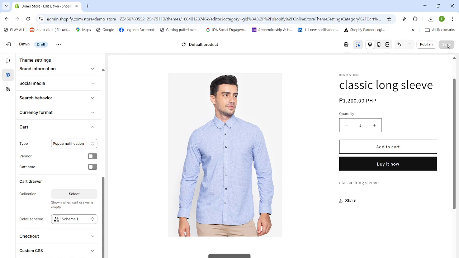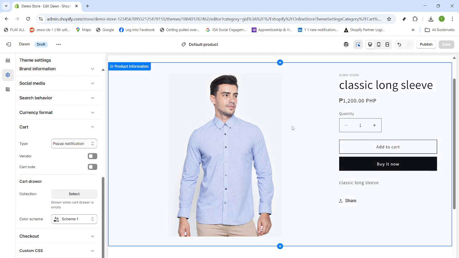After saving, preview on desktop and mobile to confirm the drawer looks clean and doesn't cover important content. If you ever want a more traditional flow, you can switch back to a full cart page using the same setting. And remember, saving after each change prevents accidental rollbacks when switching pages in the editor. That's it. Your Dawn theme is now set to use a sleek cart drawer for a